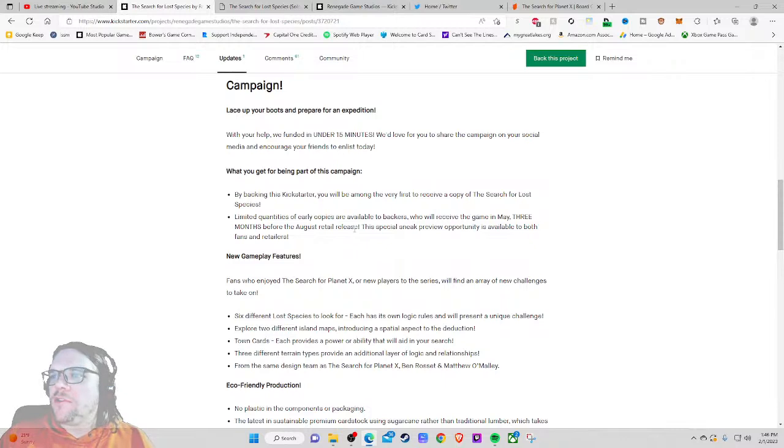Limited quantity of early copies are available to backers, who will receive the game in May, 3 months before the August retail release at Gen Con. But you can have it early. Then why don't you just say that? Why isn't it an update? Why don't you say, hey, get it before Gen Con? Like, we're going to have a big Gen Con release this year, but you can get it early. It's sustainable. Like, why are we...